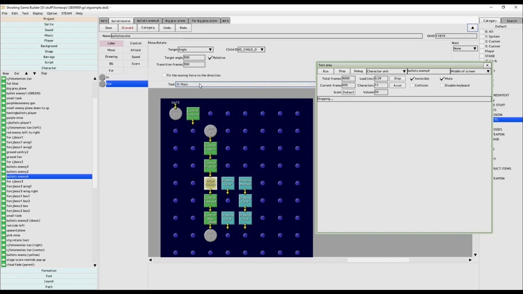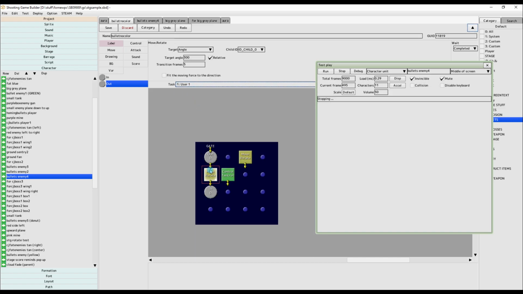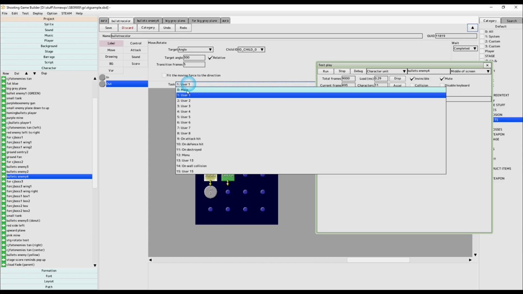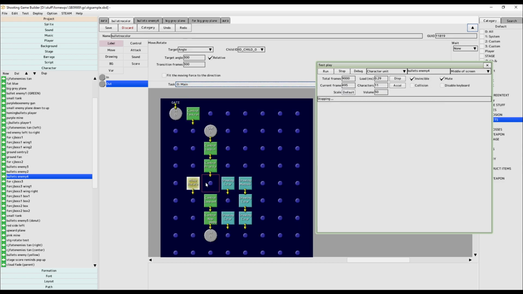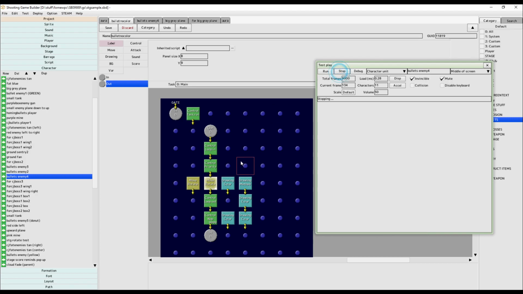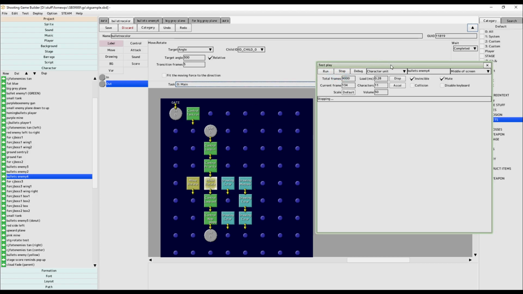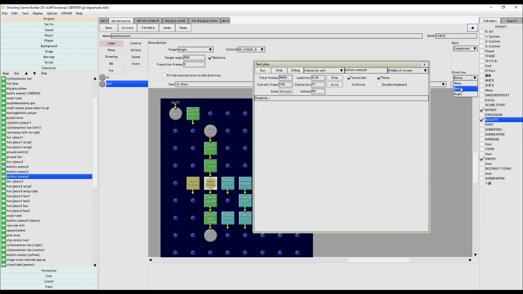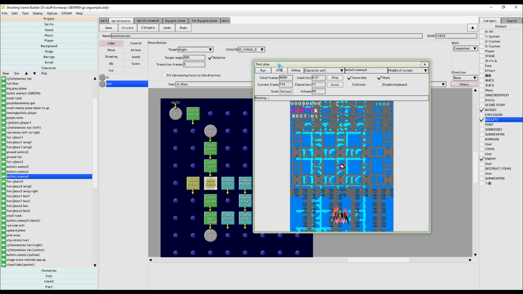It's taking so long to rotate. And what I'm going to do is I'm going to go back to task 1 and I'm going to copy this panel, go to main, and replace it right here. And let's see what happens. Oh, nice. So it spun for a little bit and then it stopped. So what I might have to do is put the control to none and see what happens. All right, nice. So now it is